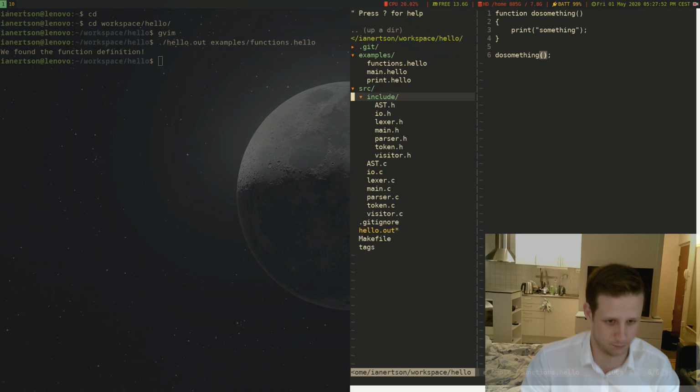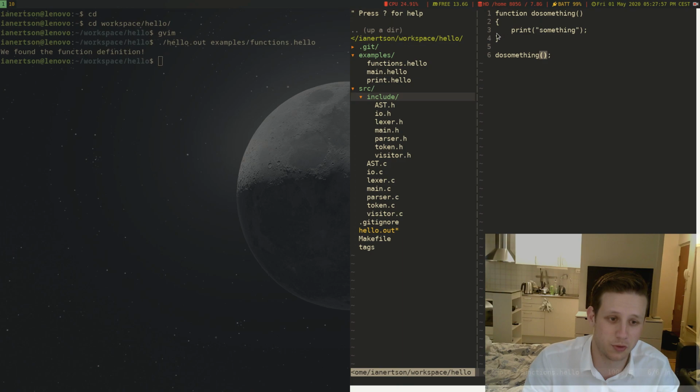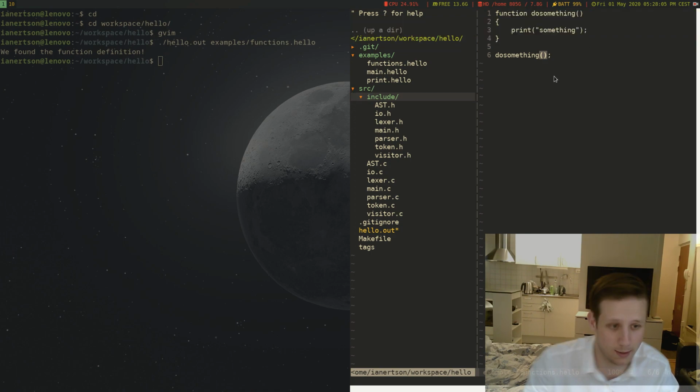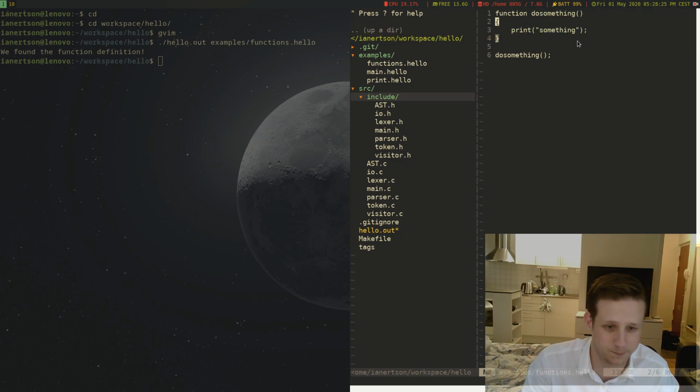So the first thing we need to do here is to actually store this function somewhere, because we're parsing it, and then we also need to store it somewhere. Usually what I do here is I just create a scope struct, where we can push variable definitions and function definitions too. So for example, this function definition here would be pushed to the global scope. So to do this, we can